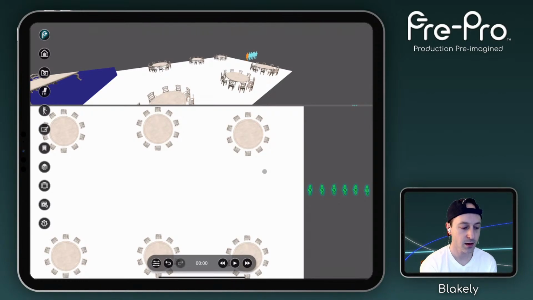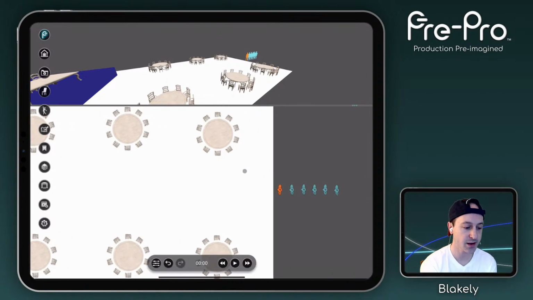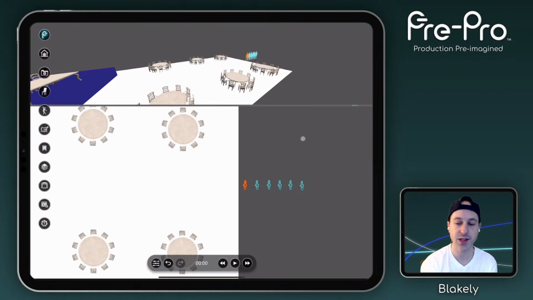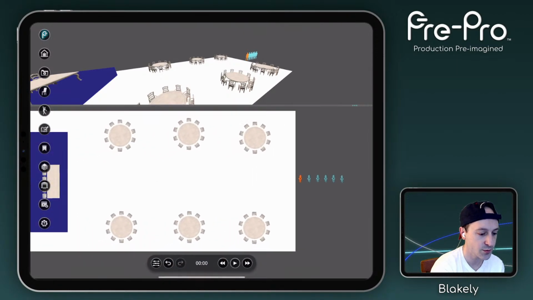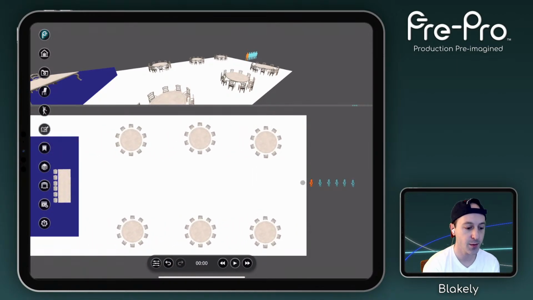and I will tap the stage to deselect them. If you tap outside of the stage, it won't deselect them. You need to tap the actual stage itself or tap each individual performer to deselect them. But I find just tapping my stage is the best. So now what I want to do is I'm going to record them. I think what I want to do is I want to have them all process down the center together